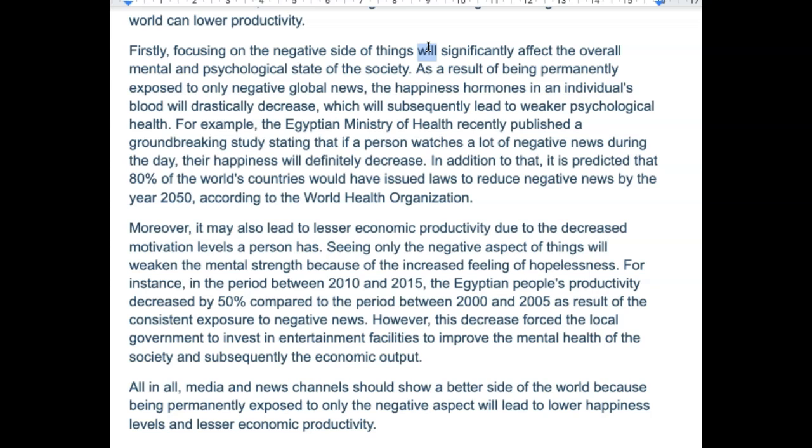As a result of being permanently exposed to only negative global news, the happiness hormones in an individual's blood will drastically decrease, which will subsequently lead to weaker psychological health. Okay, if you're a doctor, that's fine, and you know this. I'm a little bit unsure about the happiness hormones, but if you're a doctor, that's fine. And it just goes back to what I was saying about complex arguments